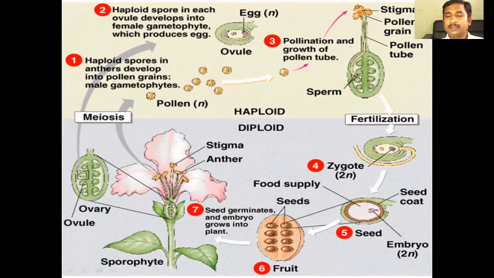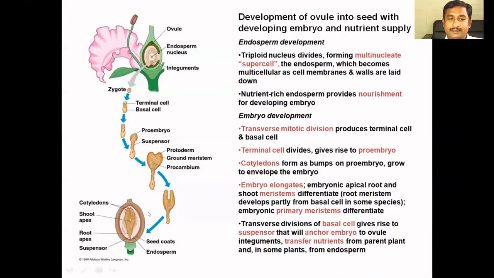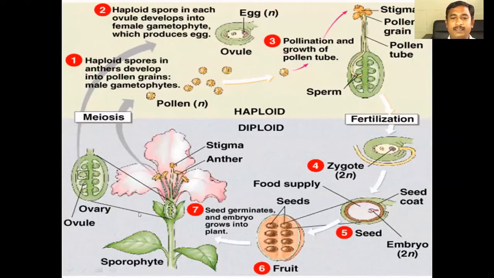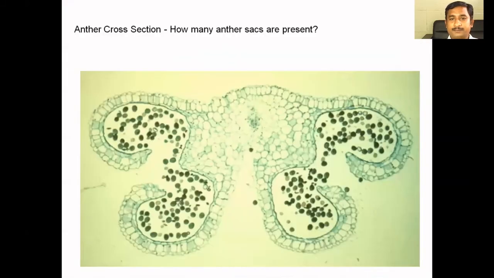This is how there is a pollen grain, there is a tube nucleus, and there is a fertilization. Like this, there is a zygote formation, and then there is a seed coat with the embryo inside, and then it becomes the fruit. The fruits have different seeds inside, and when the seed germinates, the embryo goes into this embryo inside. For example, in the previous one, there is a root, and there is a shoot that develops with the help of this nourishment. There is an endosperm that is utilized by the entire germination process.